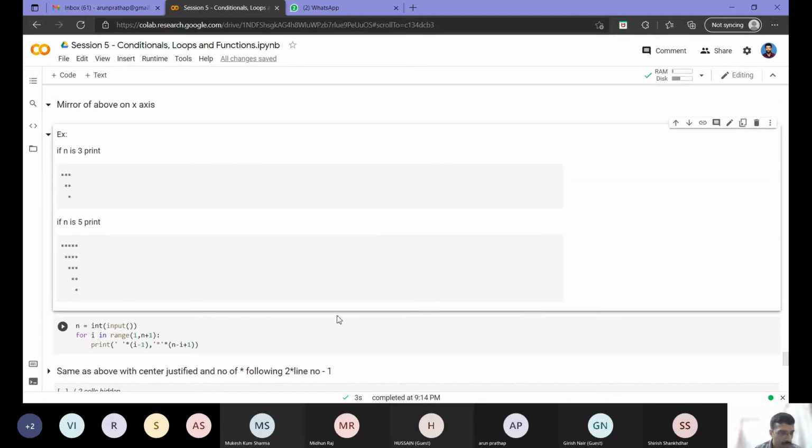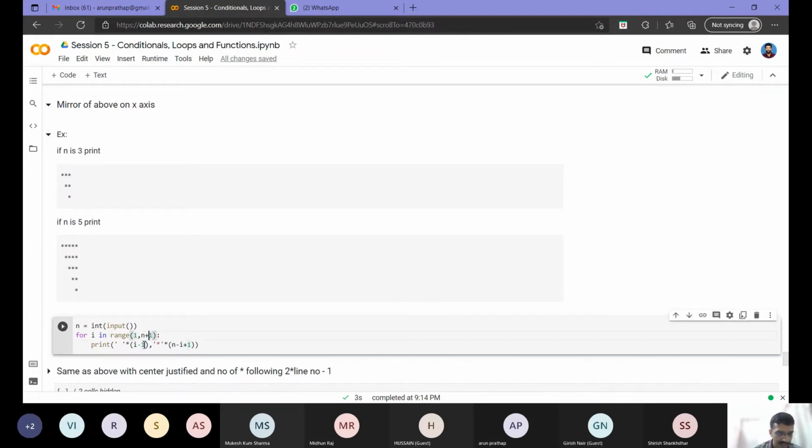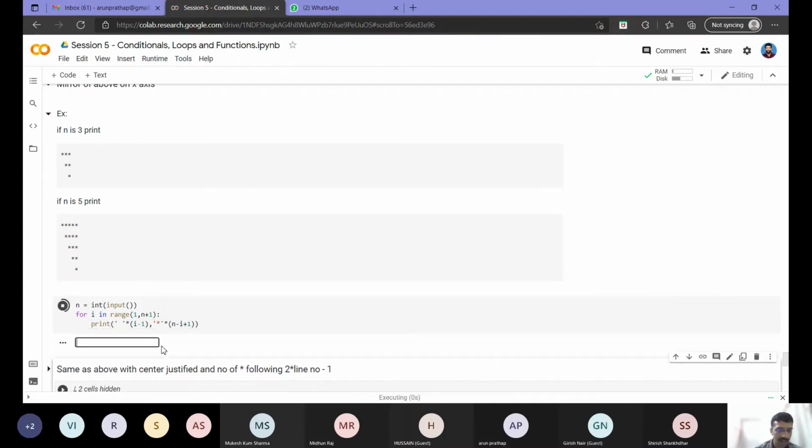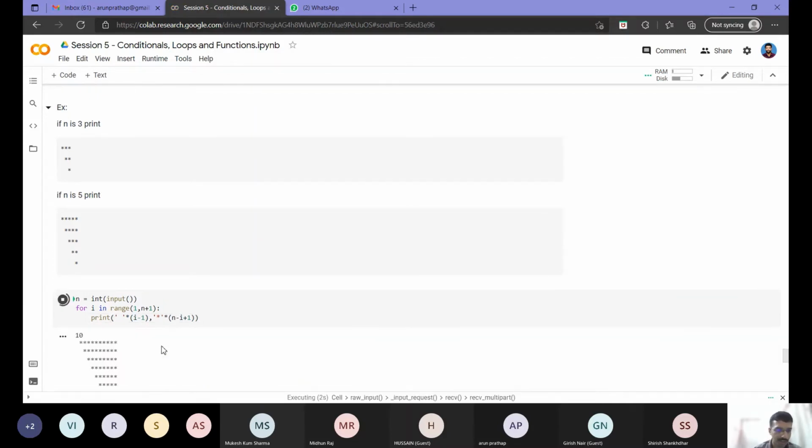So here what I will do. In the earlier case I had n minus i spaces and i multiplied by stars. Instead of that, I need to change the multiplication factor for space and star. I just have to change it, and I will explain how this logic works.